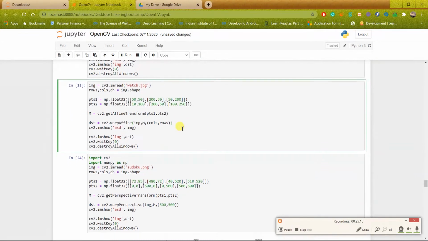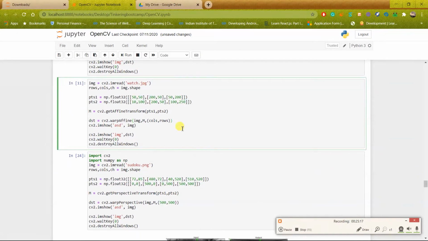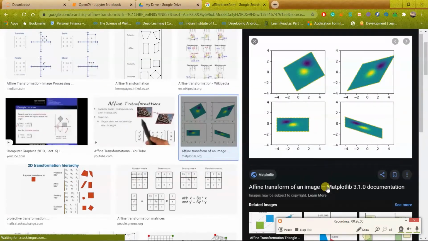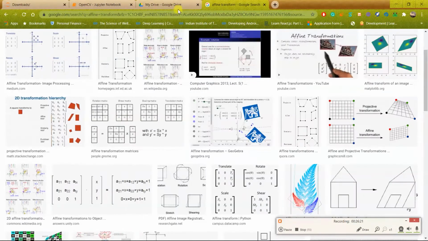Next we come to the affine transform. As you can see here, this is the affine transform of an image. First we had a perpendicular image, but then we tilted it about the z-axis to give it a little bit of angle with respect to our eyes, and so you can see the angle of viewing has changed. We can do this using OpenCV.